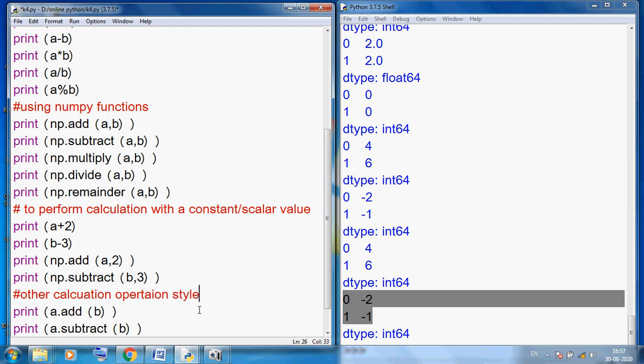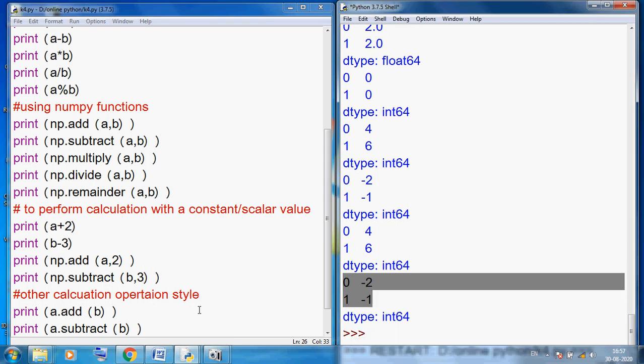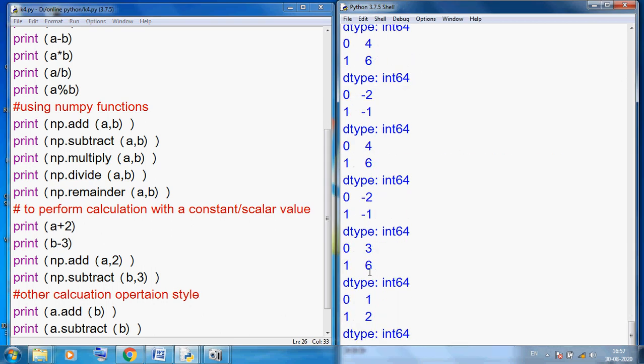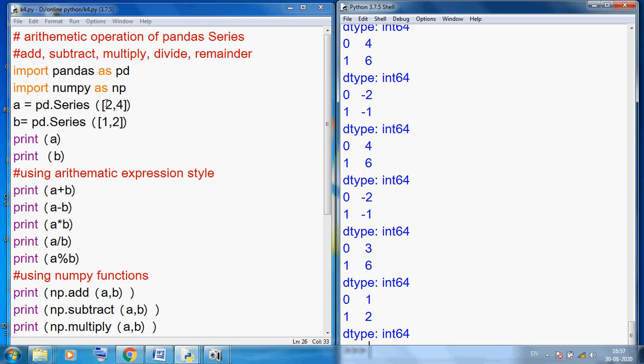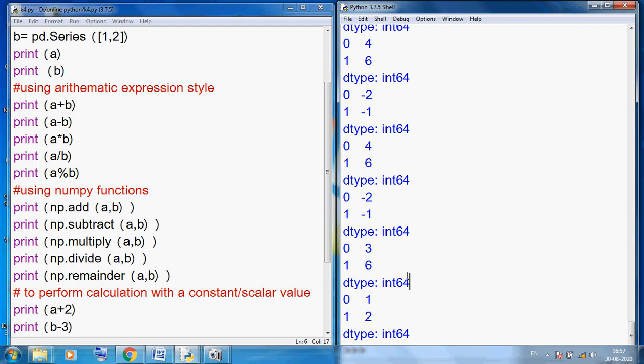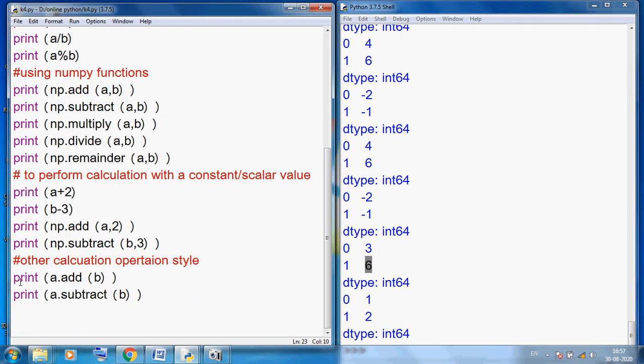We can directly use pandas series addition and subtraction. F5. You can see the output: 2 plus 1 is 3, 4 plus 2 is 6. So you can see 3 and 6. So we can also use this kind of style to perform arithmetic operations.